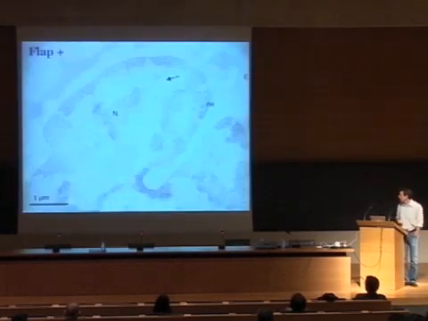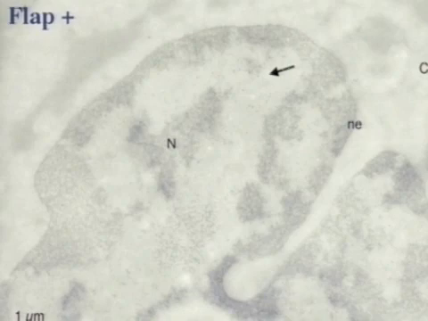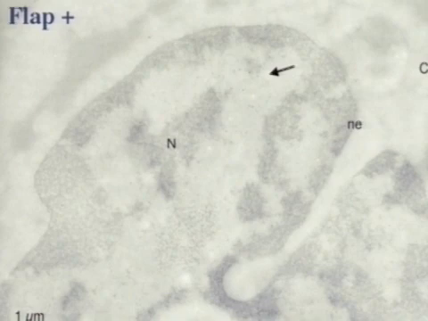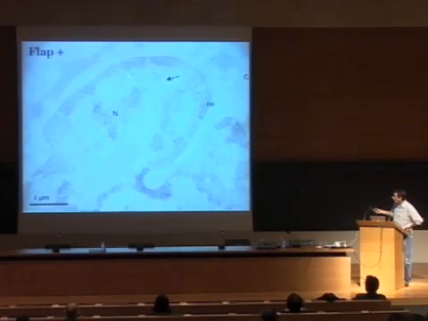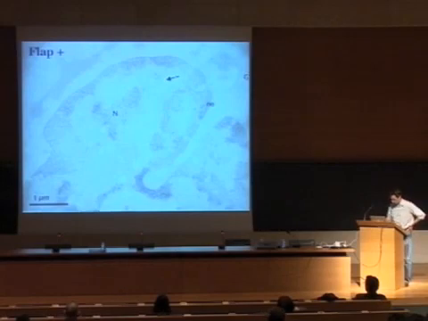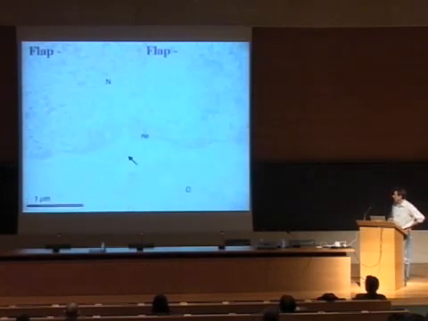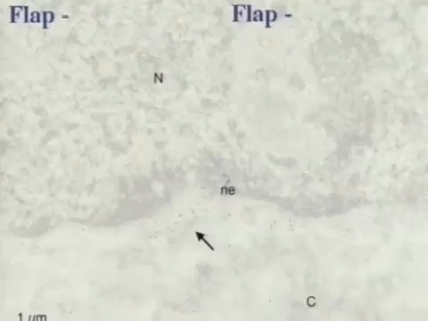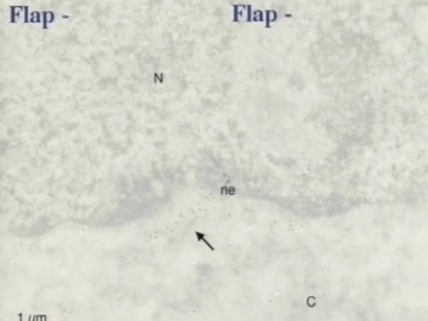To more precisely understand the nature of the replicative defect of flap defective viruses, we performed in situ hybridization coupled this time with electron microscopy, in this case transmission electron microscopy. And we confirmed that wild-type HIV-1 viruses integrate throughout the nucleus, exclusively within open chromatin regions. Whereas in the case of either vectors devoid of flap or viruses mutated in the flap, the linear molecules